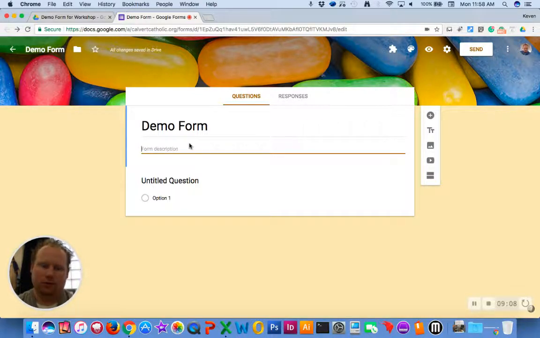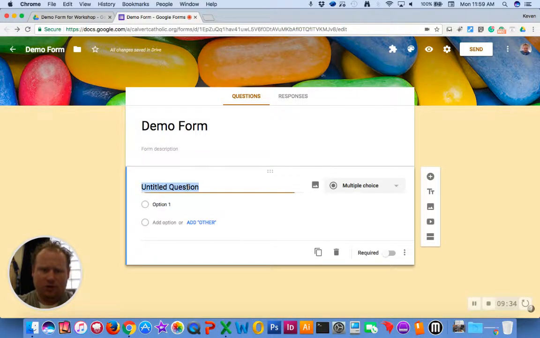This is a history lesson, so the form description could be Cold War quiz, or identify the chapter or anything like that. Here's our first question. You'll notice when I go to a question, we get these 6 little dots in the middle. This allows you to drag and drop and reorder your questions later on. So for our first question, let's just do